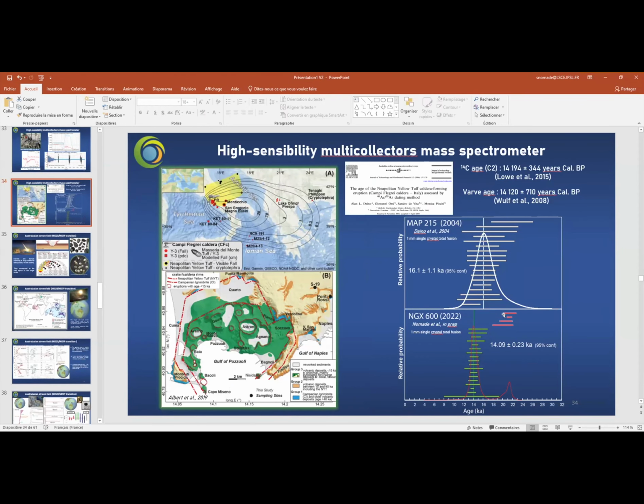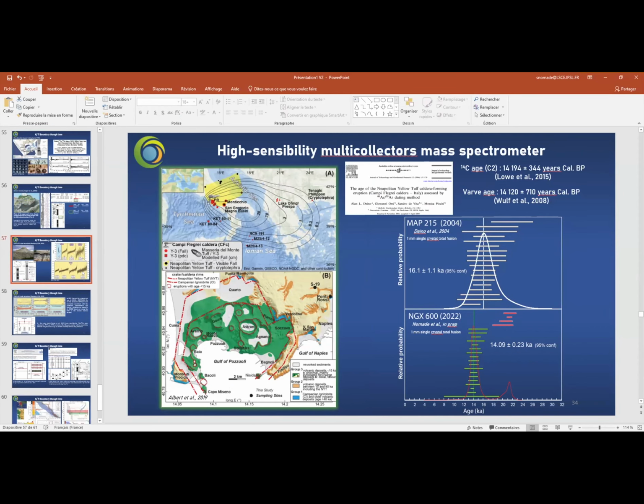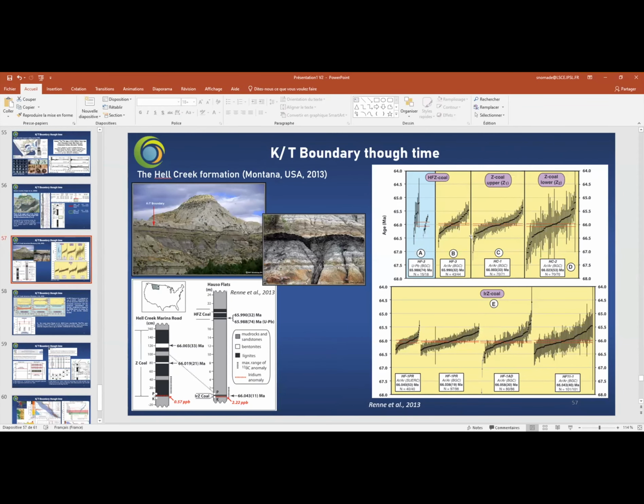There are 4 xenocrysts here, which are clearly older. But we could see that only because we now have the resolution and the precision to exclude them, but they were included here. So I have no idea, in this kind of case where it's so old, if these ones are really xenocrysts or not. Do they need to be excluded? I don't know.